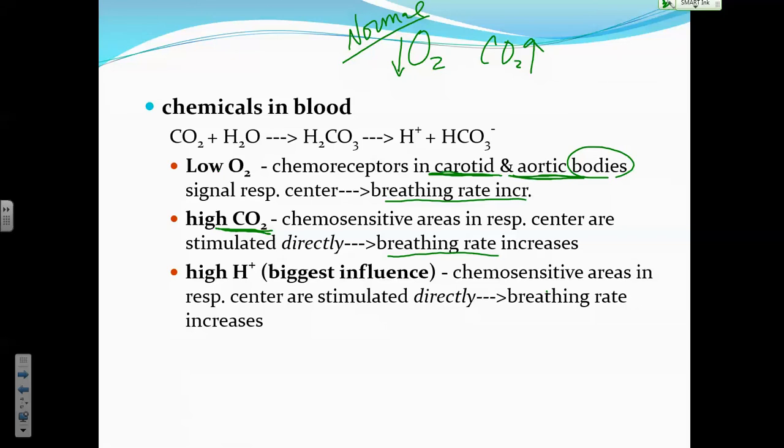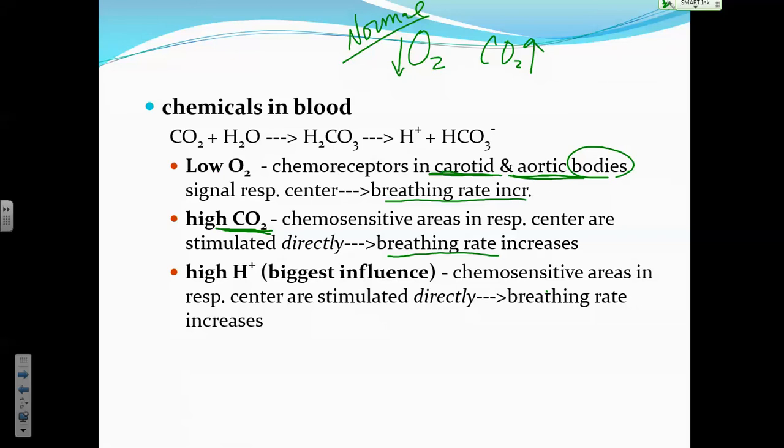Okay? All right. Also, the chemoreceptors for oxygen don't get activated unless oxygen levels drop by about 50%, I believe. So it takes a big drop. Whereas the CO2 receptors are super sensitive to just a little bit of an elevation of CO2. Okay? So do you see how your respiratory center responds more quickly to changes in CO2 than it does oxygen?